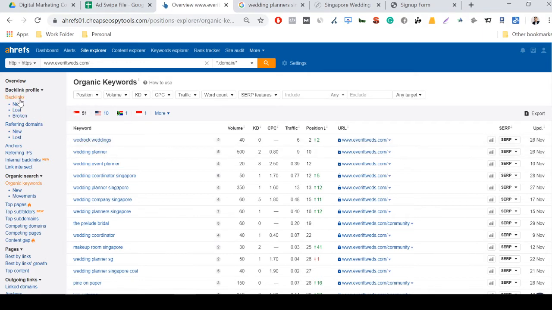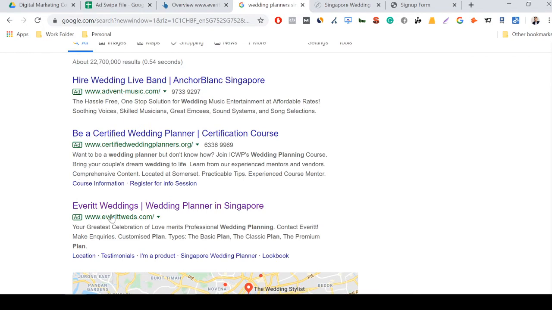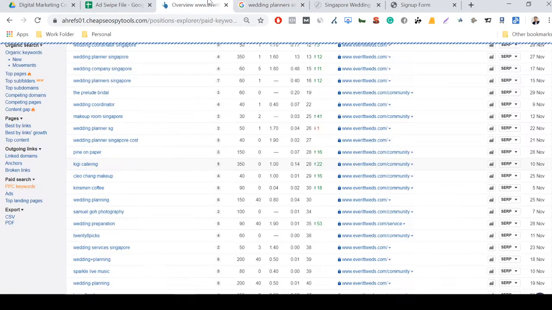Now let's take a look at the paid advertisement. So if I were to scroll down a little bit, I could see paid search here. All you have to do is click on PPC keywords, and from there you'll be able to take a look at the number of keywords that they are bidding for, and also some of the advertisements that